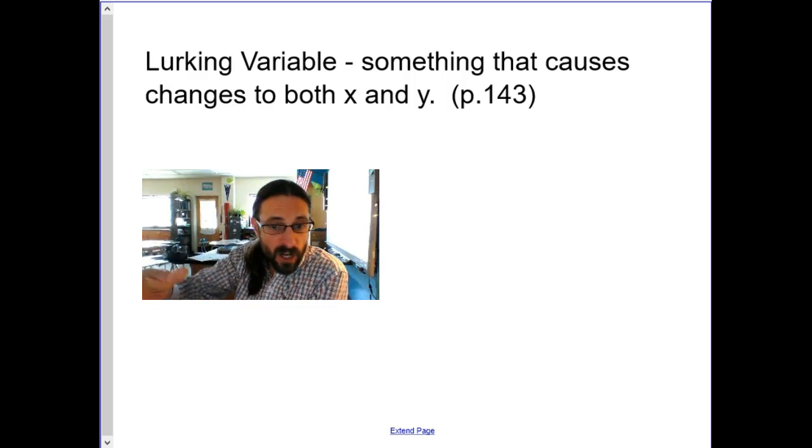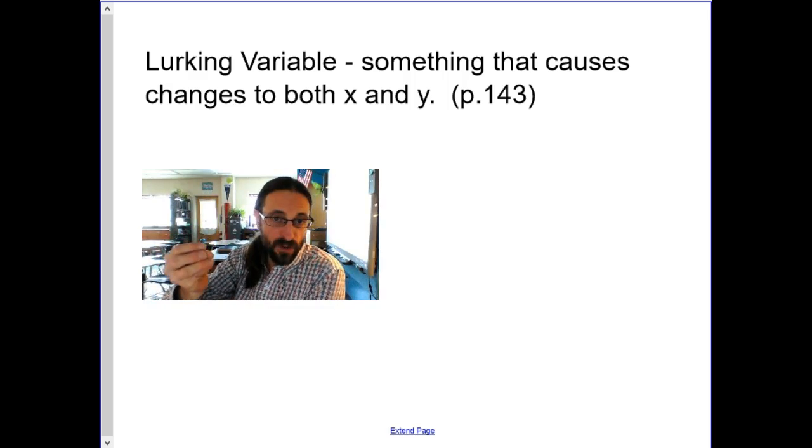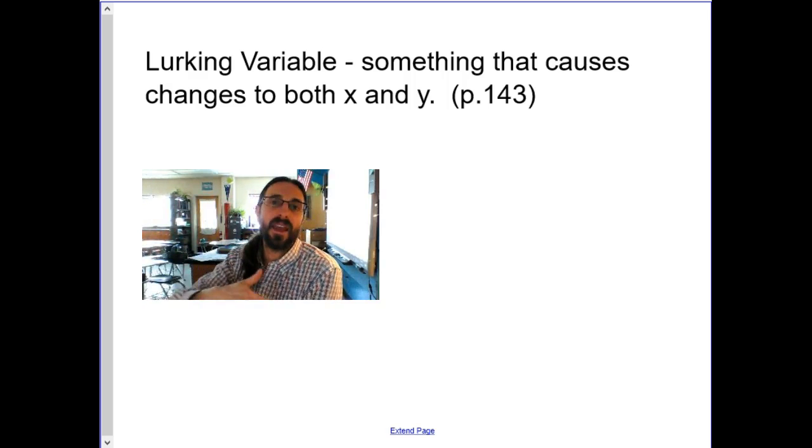So it may look like there's a correlation between two things, but really there's something that's causing both the x and y value to do something, and really x does not have an impact on y. And we'll go through examples like that. Those are some of the problems that you have to do in